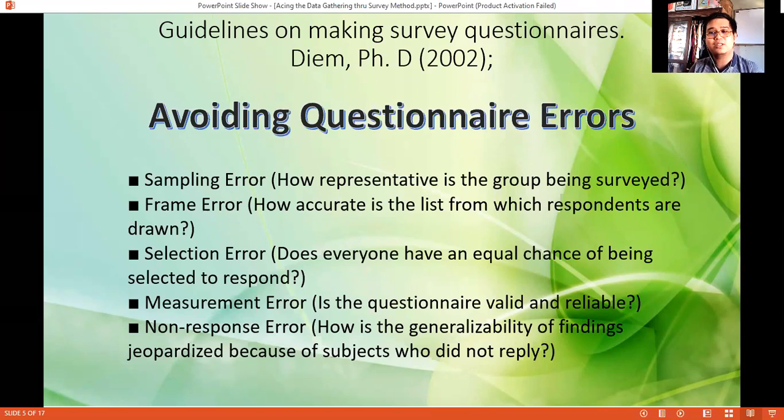How representative is the group being surveyed? How will you survey them? Will you use phone call? Will you use Gmail? Will you use Google Form? Will you use a face-to-face survey using paper and pencil? You can answer by unmuting yourself. What do you think is the most practical to use in the survey now, in this kind of pandemic? Your group, what will you use as mode of data collection?